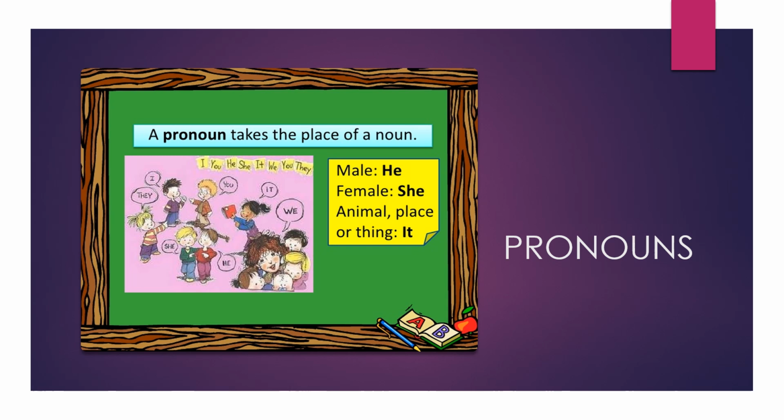For example, her name is Sakshi. She is very intelligent. She wishes to pursue her career in mountaineering. Then you can put it as Sakshi hails from hilly areas, or she hails from hilly areas. So that is how we have removed the repetitive usage of nouns using certain words, and those words that are used in place of a noun to denote the very same noun are known as pronouns. For males, we use words like he. For females, it is she. For animals, places or things, it will be it.